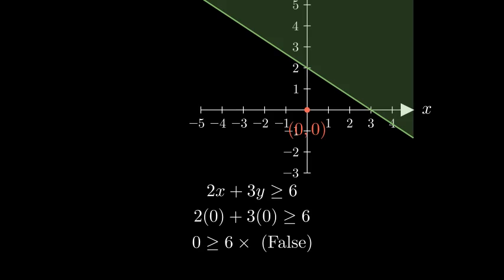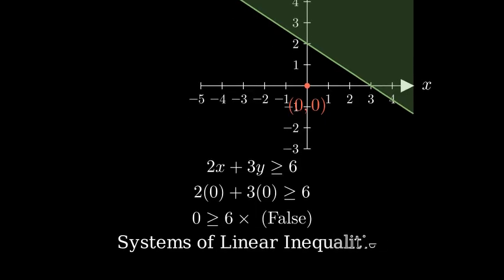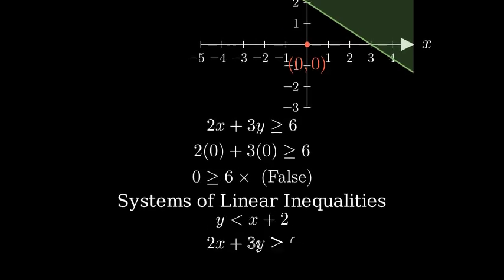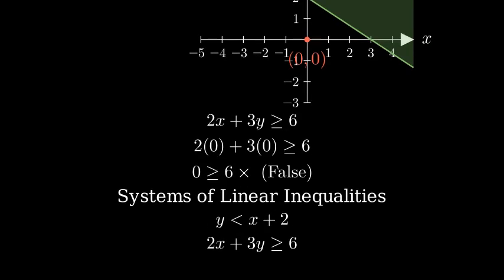Now let's see how to solve a system of linear inequalities. A system consists of two or more inequalities, and we need to find the region that satisfies all inequalities simultaneously. Let's solve the system: y is less than x plus 2, and 2x plus 3y is greater than or equal to 6. To solve this system graphically, we graph each inequality on the same coordinate system and find the intersection